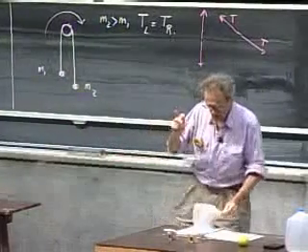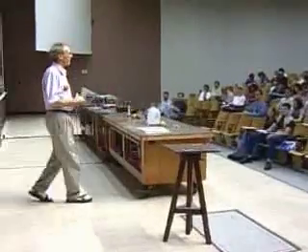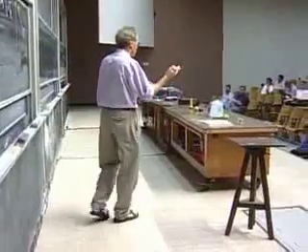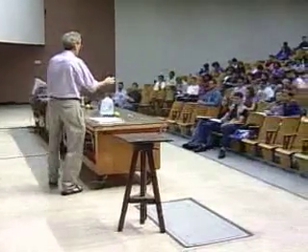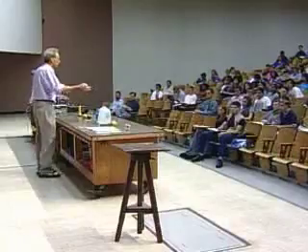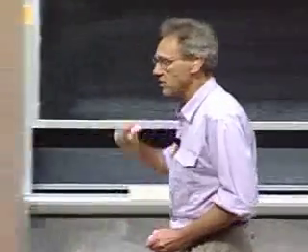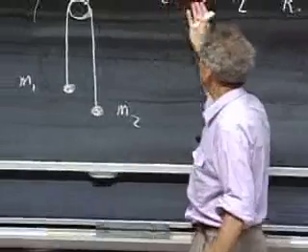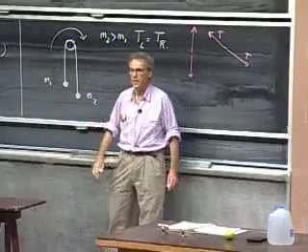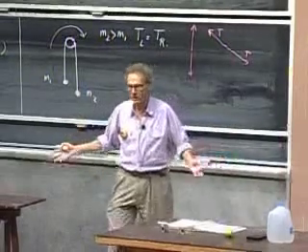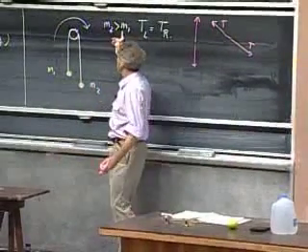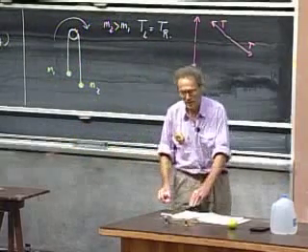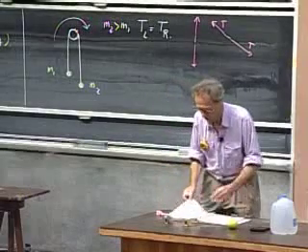Given the fact that the tension left and the tension right are the same, I must now conclude that these two objects have the same weight. Because didn't we agree that tension is an indication of weight? So these objects have now the same weight, and some people may say, oh, that's a lot of nonsense, you must be kidding. If M2 is larger than M1, this must have a larger weight than that. Well, they are confusing weight with mass. It is true that M2 is a larger mass than M1, but it's equally true that the weight of these two objects is now the same according to my definition of weight.